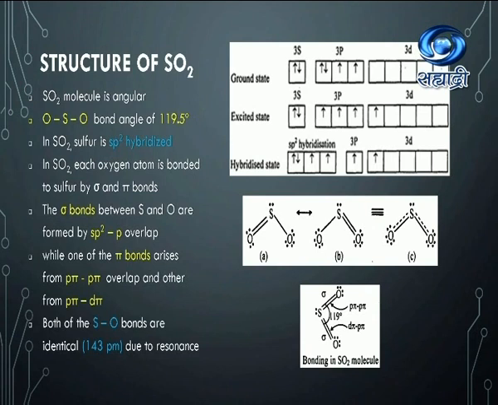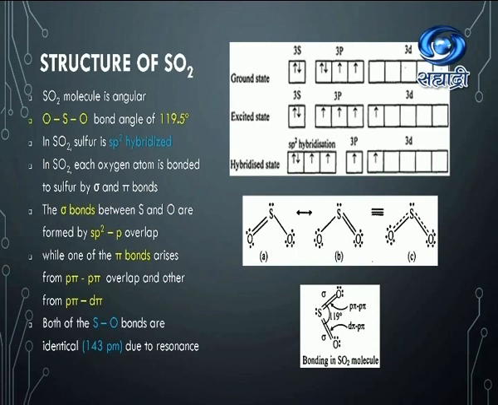Then the structure of sulfur dioxide. So ground state configuration is 3s2 3p4. In the excited state, one of the 3p electrons is uncoupled and promoted to the vacant 3d orbital. So there is 3p electron pair. This electron pair is uncoupled and electron is promoted to the vacant 3d orbital. Then there is